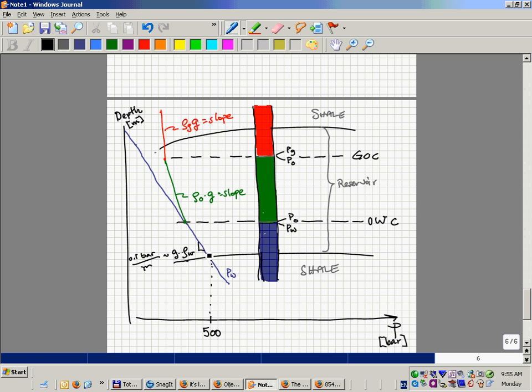Now they won't be able to see this fluid configuration. It is a fantasy configuration, if you shut the well in for a long, long time. It would take weeks or months or years to come to that final equilibrium. They don't wait around for that. So instead, they make measurements